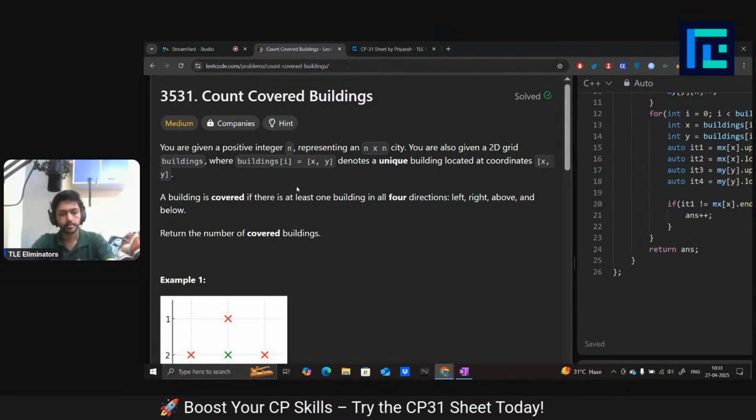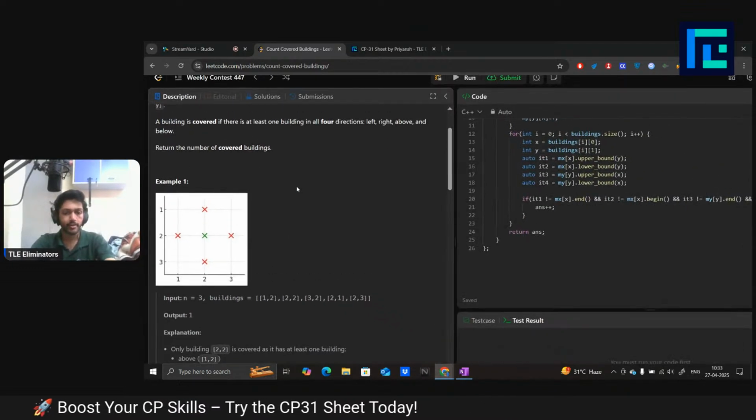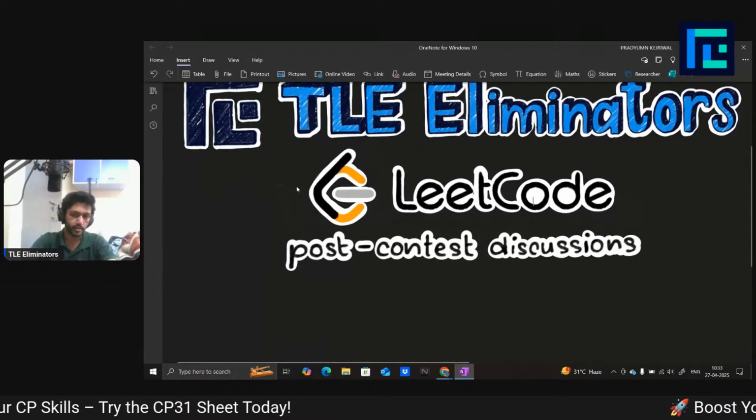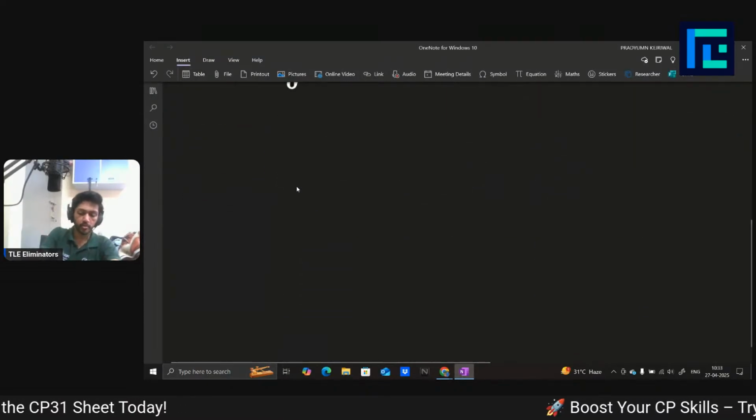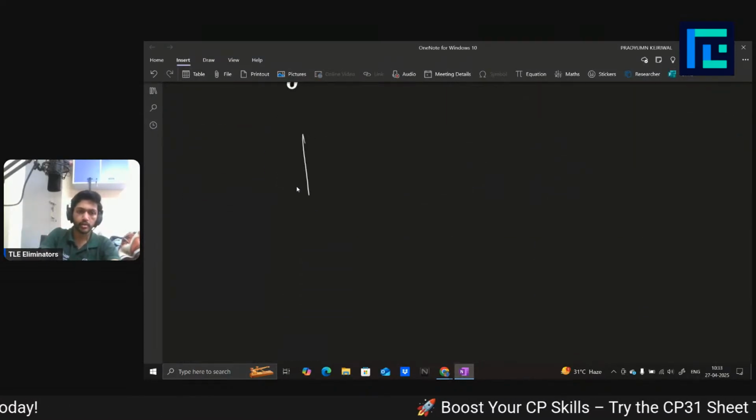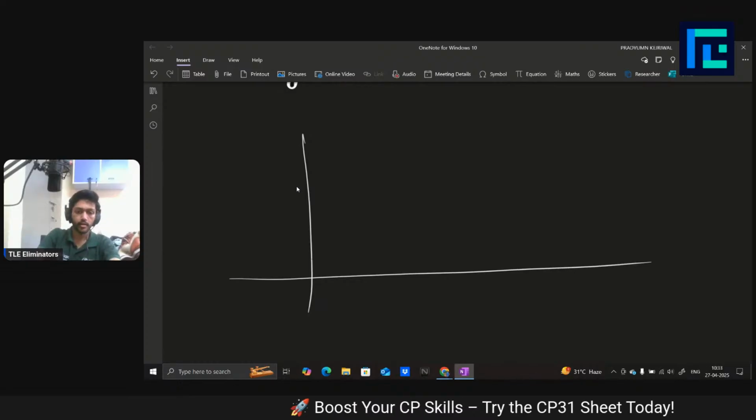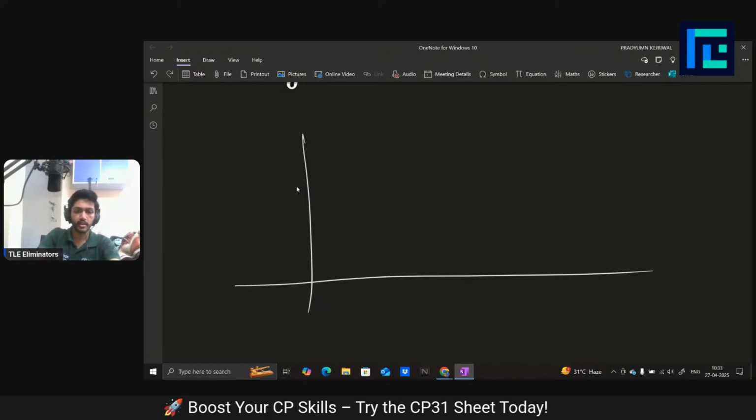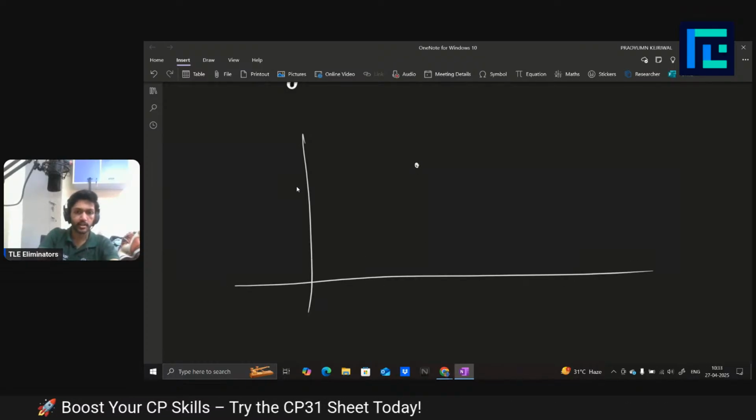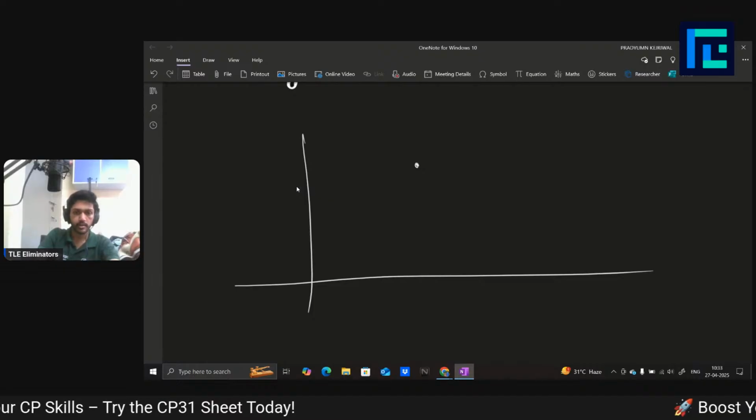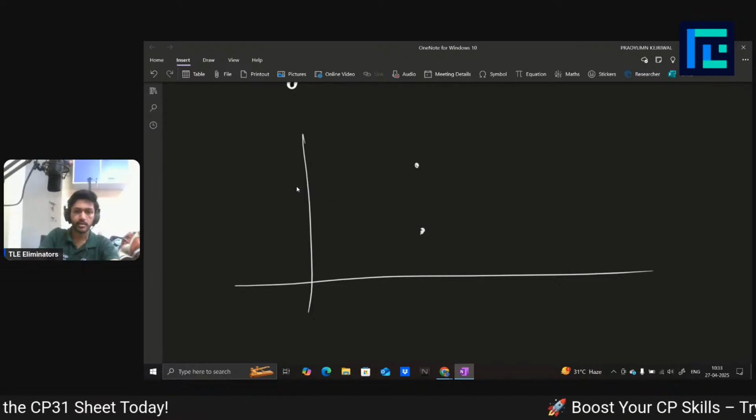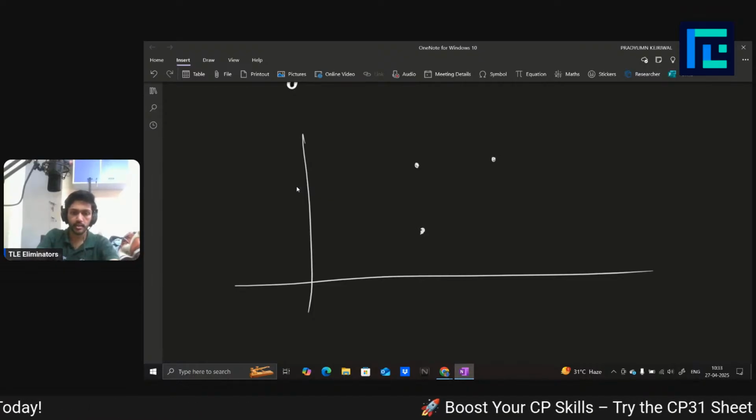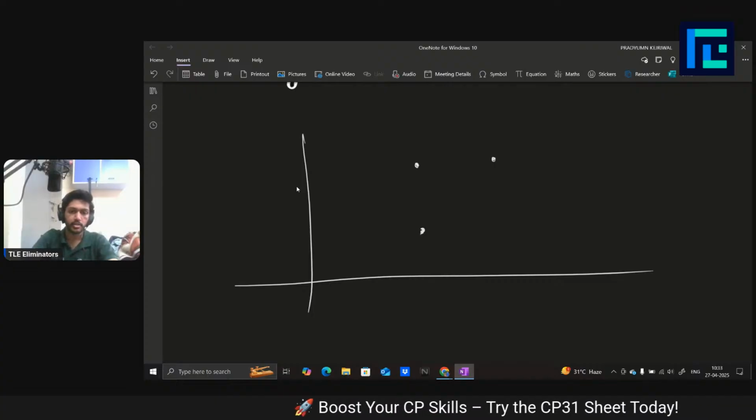Okay, so what we have is a 2D plane, right? On that 2D plane, we have some buildings. So let's say a building is right here on this coordinate, then a building is right here, then there's a building here, let's say, and there is a building here. Okay,